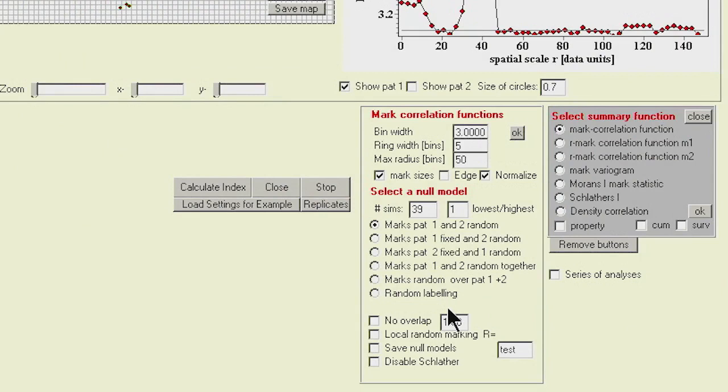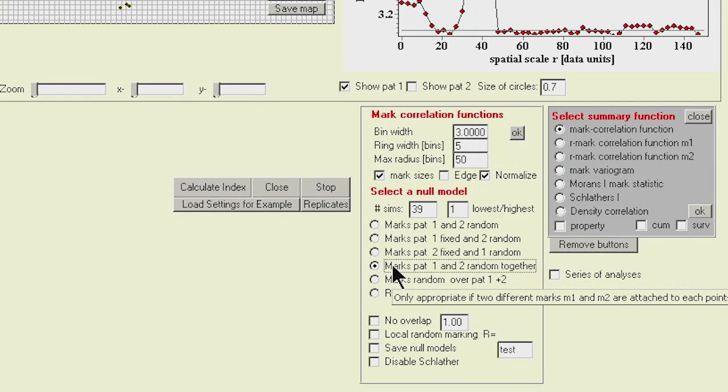And here in this null model we have several possibilities. The thing is, because the droppings of the animals contain the seeds already, it wouldn't make sense to separate the seeds and distribute them randomly over different droppings. So we need a null model so that we can randomize the marks, so the number of seeds,